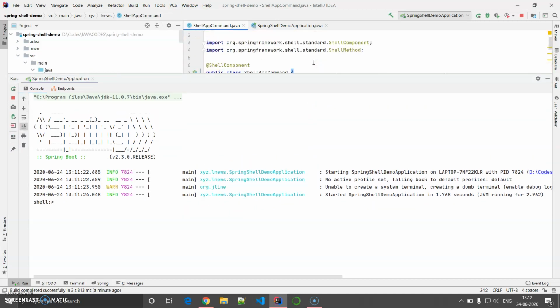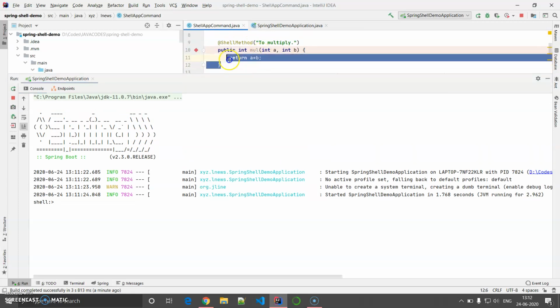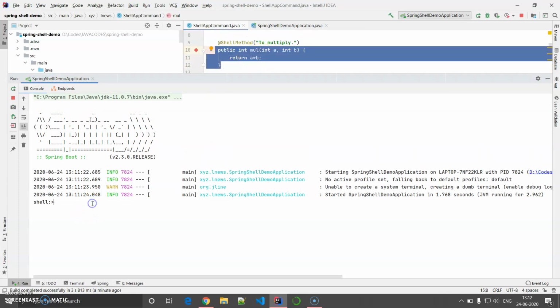So let us come over here. This is the mul method. We are expecting it to be a multiplier, mul, say 5 6. We are expecting 30, so 30 is the answer that we are getting. So this mul is becoming a customized command for us, corresponding to a particular method.